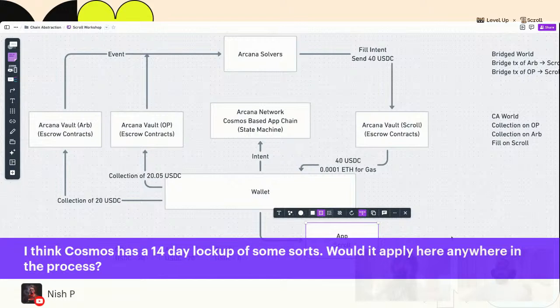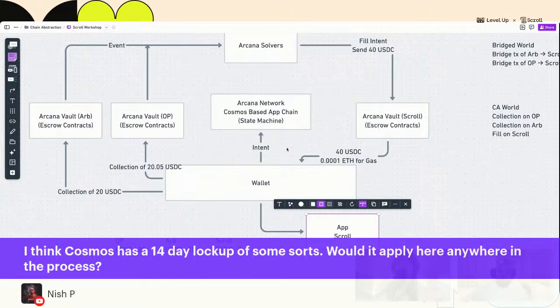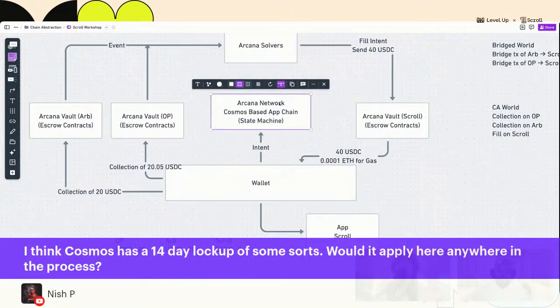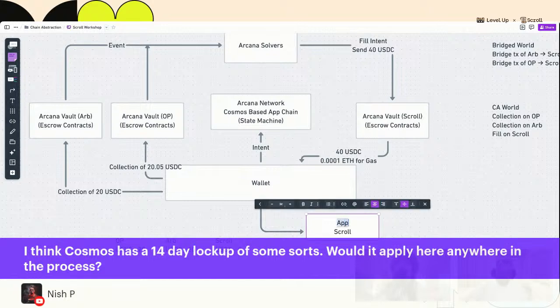So what we've done is delay bringing all of that on chain, but it really does not matter because this does not interact in a way which requires anyone to build their application with this in mind. This is completely abstracted away for the user. All they have to do is effectively just have the Arcana SDK.